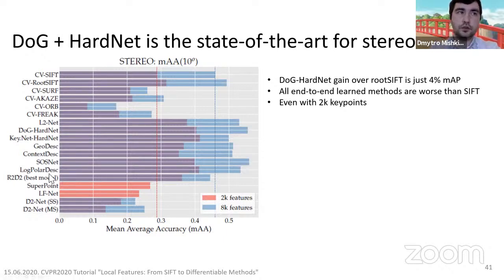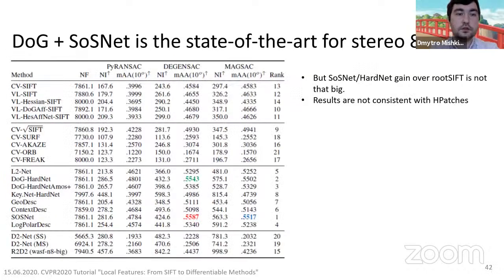And the end-to-end learned models like SuperPoint, R2D2, and especially LF-Net and D2-Net are not working really well. R2D2 works quite well, but still worse than the simple handcrafted SIFT detector. This is a table with numbers, and you can download the slides and check it later. The best descriptor for two-view matching is SOSNet,